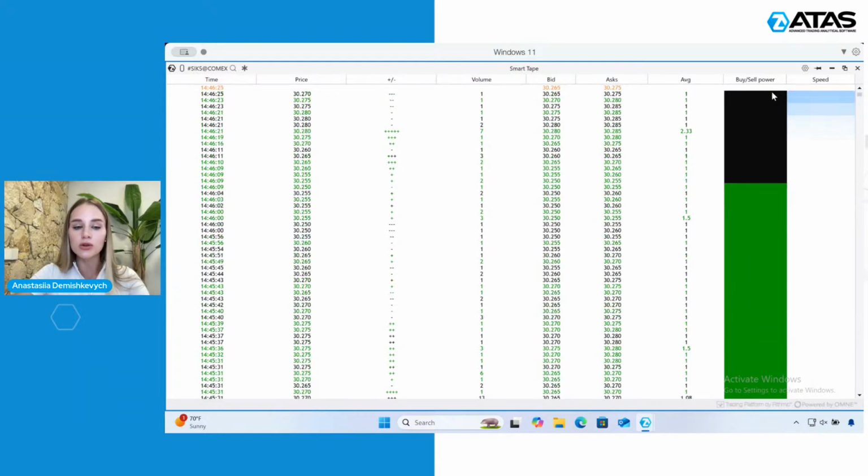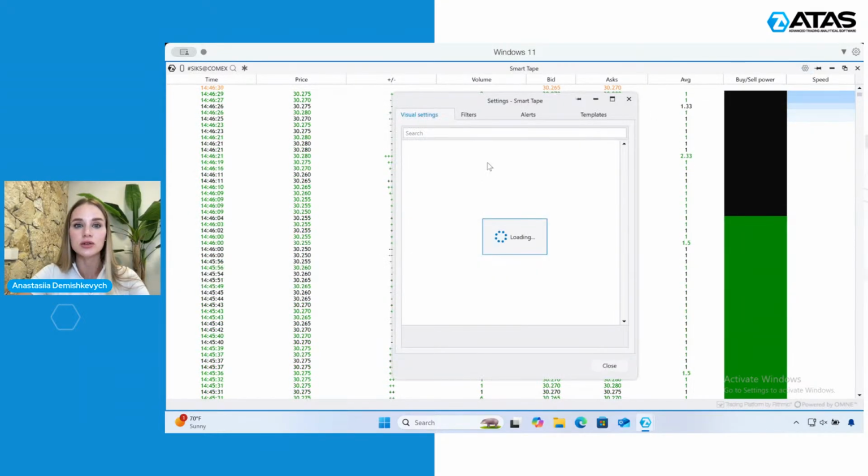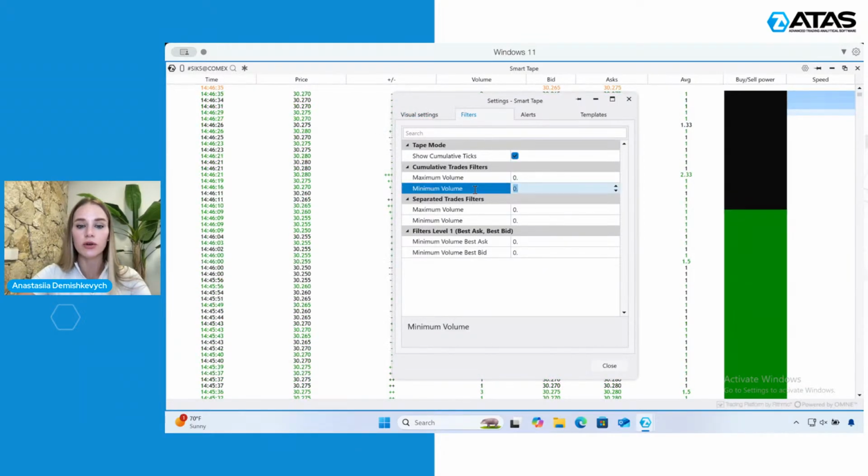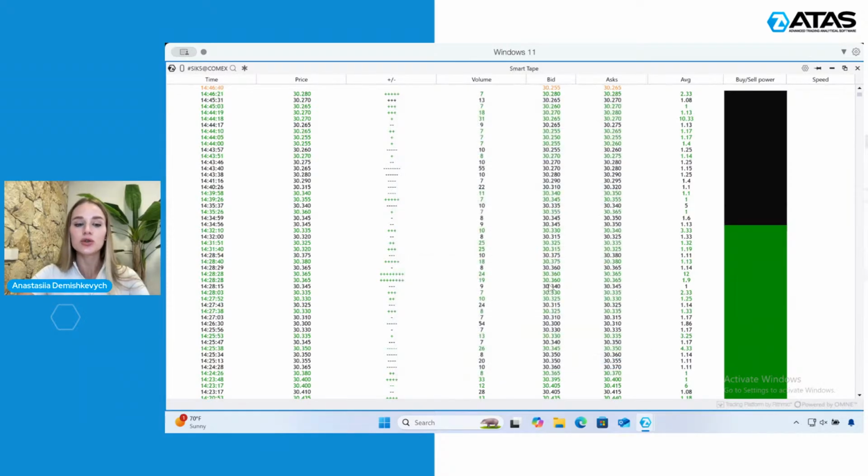If you're a scalper, you can also enter on the impulse if you see a series of large trades. Again, you can use a filter for this, right? You can use the cumulative trades filter, for example. Let's drop it a little bit, to 7. And if you see the impulse is happening and a series of large trades is coming on one of the sides, ask or bid, and you can see the speed increasing at the same time, and the buy-sell power is confirming the same direction, you can essentially use this as a confirmation to get in the